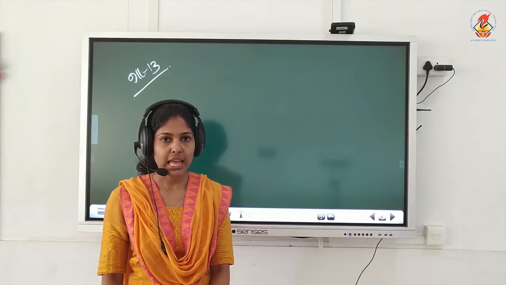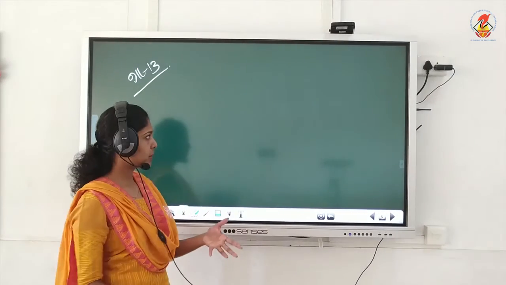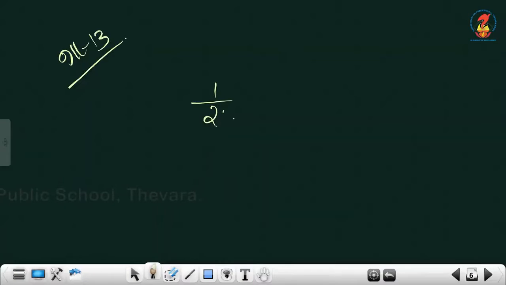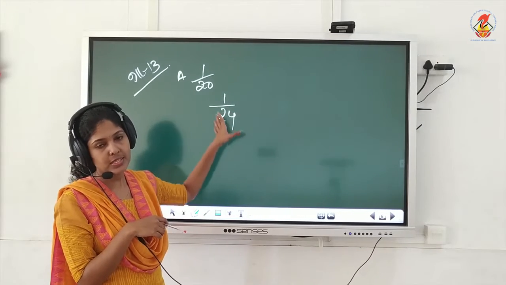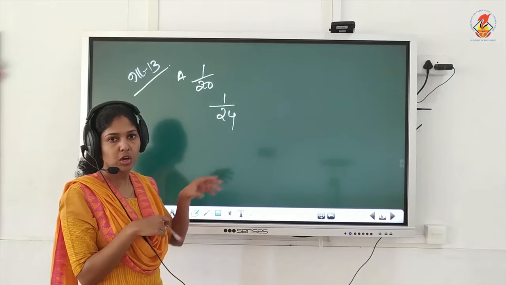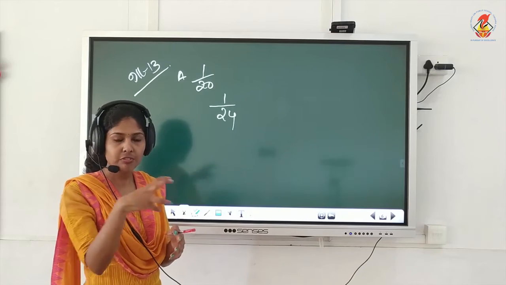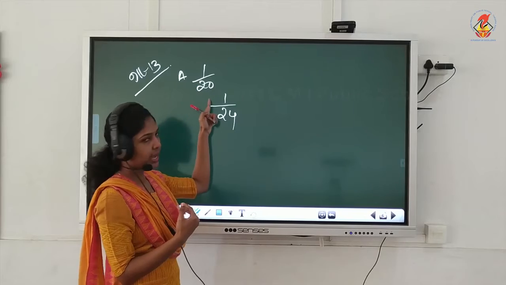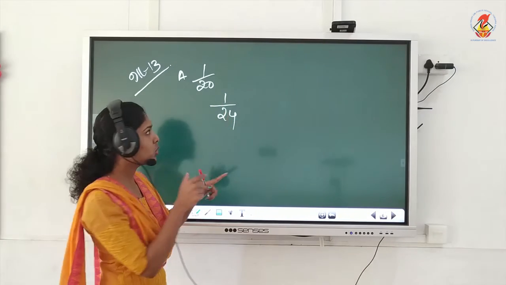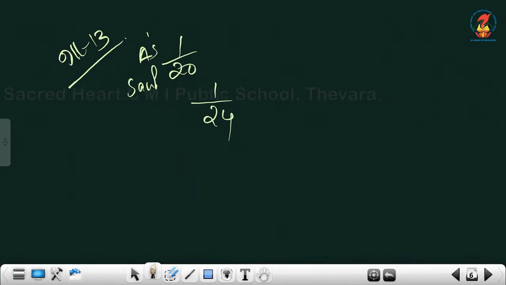Here, when you write the sacrificing ratio or the sacrificing proportion, can we simply write 1/24 and A surrendering 1/20? Can we just directly write A sacrifice 1/20, B sacrifice 1/24? No, this is wrong. In the previous question we did like this because it was written 1/12 from X, 1/6 from Y. Whereas in this question it is written 1/20th of his share into. So what A sacrifice is equal to 1/20th of his share.